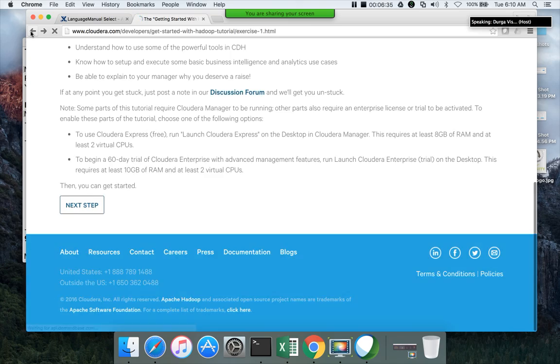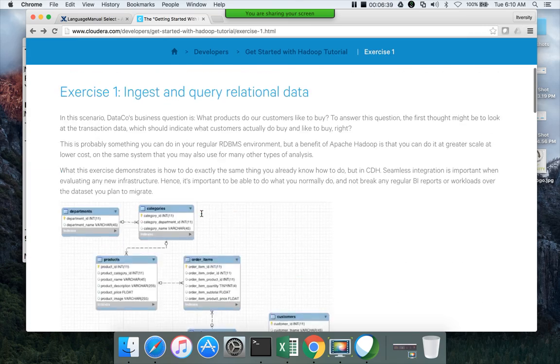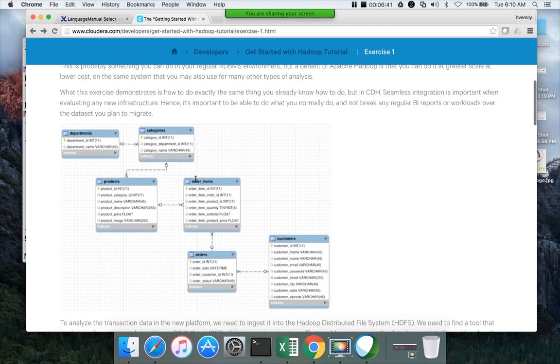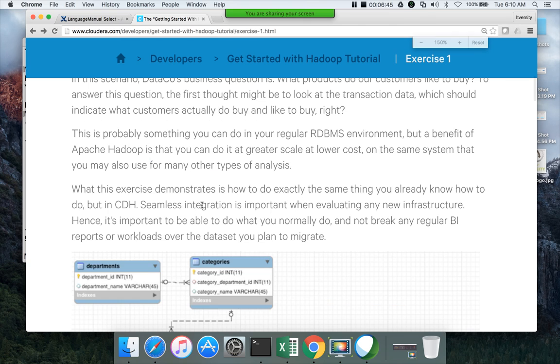Wait. Yeah, this is the one. It's in the exercise 1 only. It just took some time to refresh this. So here, if you look into it,